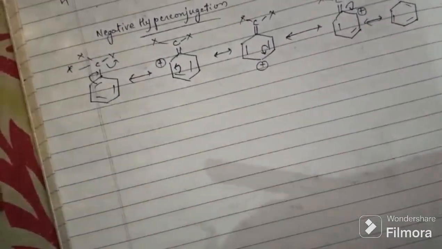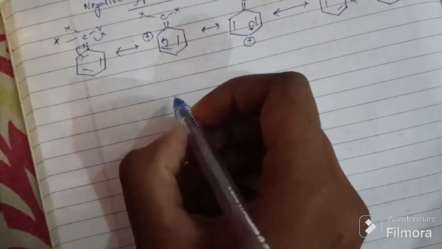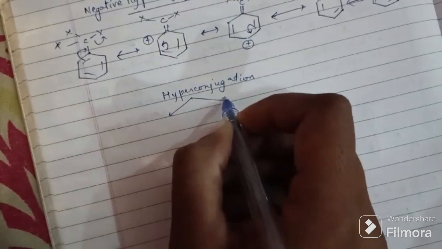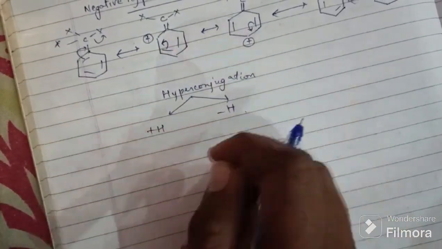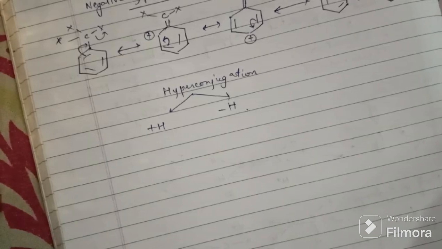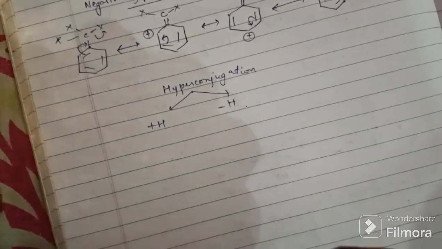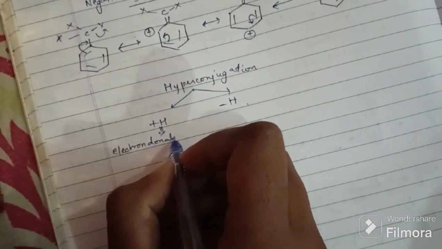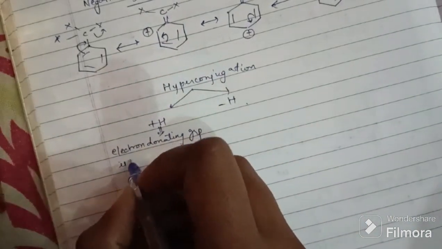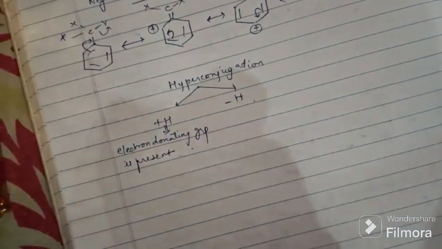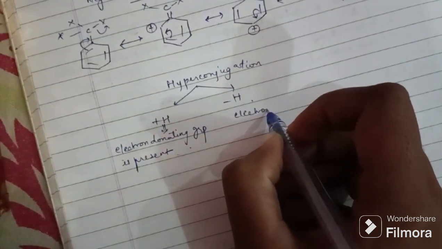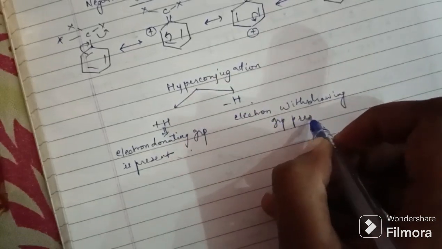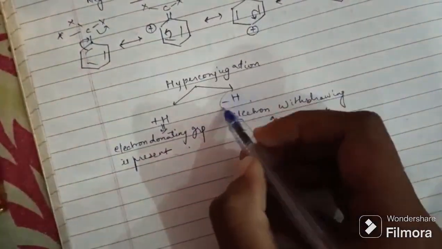Hyperconjugation can also be divided into two, that is plus H and minus H. Plus H means an electron releasing or electron donating group is present, whereas with minus I, an electron withdrawing group is present, that takes up electrons from it. So this is only known as